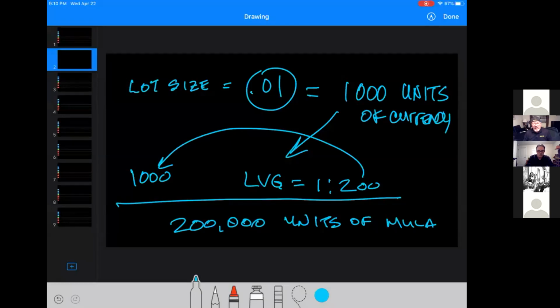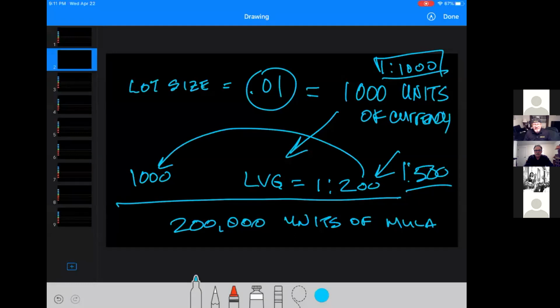Now, when you're highly leveraged, you use less of your own capital. You're using more of the broker's capital to run this trade. You're more on the radar screen. I like 1 to 200, 1 to 300 max. 1 to 500, absolutely max. But I used to trade at a broker called AAFX, where I thought it was cool to do 1 to 1,000. Yeah, not so fast. If you get into big drawdowns, it can be pretty hairy.